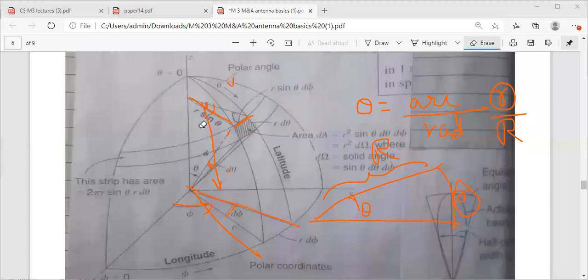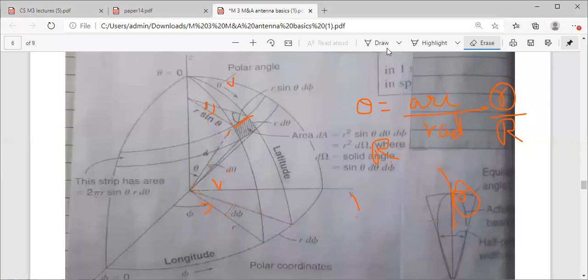If you remember, in electromagnetic theory also, as an assignment, I had given you to find out why we take this total area as r square sin theta d theta d phi. Whoever had tried it will probably understand it. So this is angle d theta and the radius is r. So arc by radius is the angle, so angle into radius will be the arc.